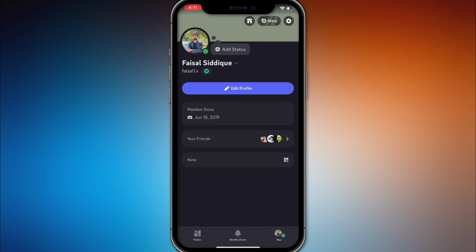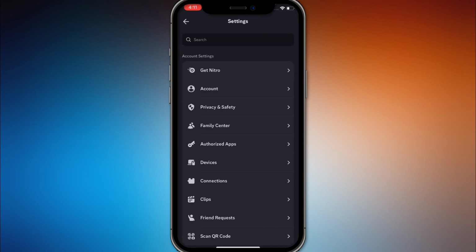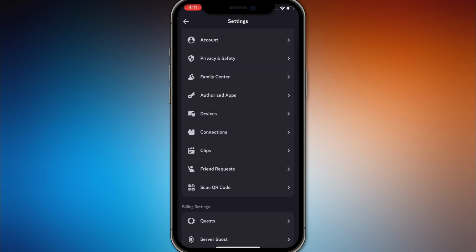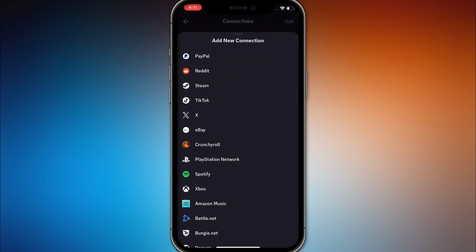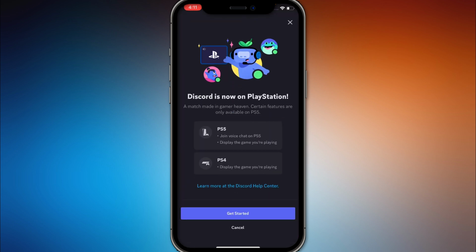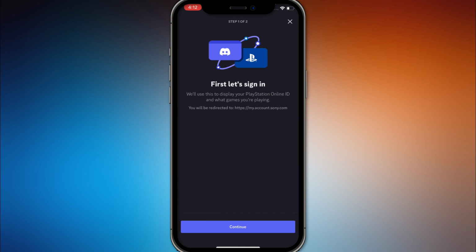choose settings on the above right corner, scroll down and find connections, and simply click on connections. On the right corner, click on add connections, and from here choose PlayStation Network. Once you click on it, choose your PS5 or PS4. Now we are doing PS5, so click on PS5 and get started and click on continue,